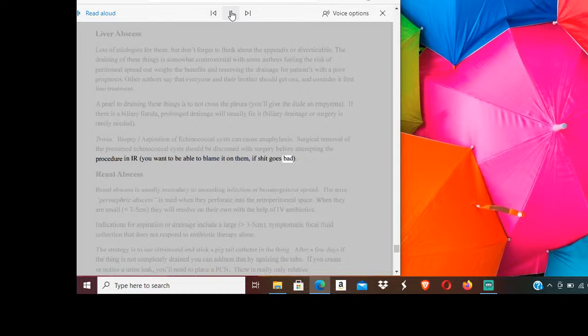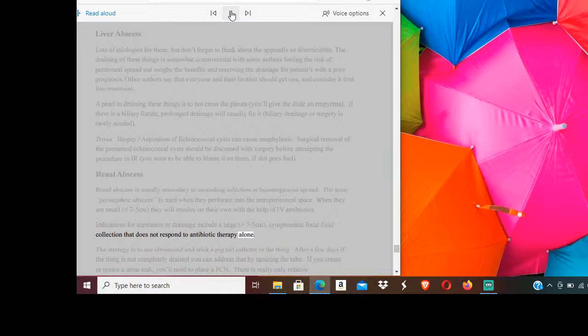Renal abscess. Renal abscess is usually secondary to ascending infection or hematogenous spread. The term paranephric abscess is used when they perforate into the retroperitoneal space. When they are small, 3 to 5 centimeters, they will resolve on their own with the help of antibiotics. Indications for aspiration or drainage include a large, 3 to 5 centimeters, symptomatic focal fluid collection that does not respond